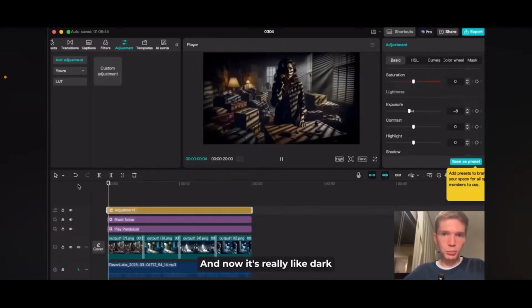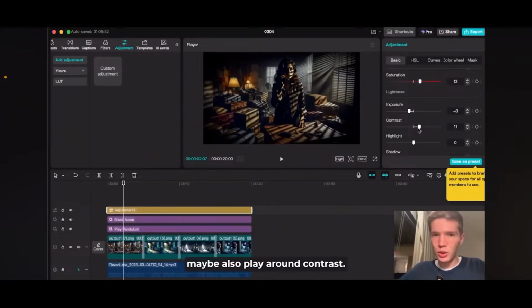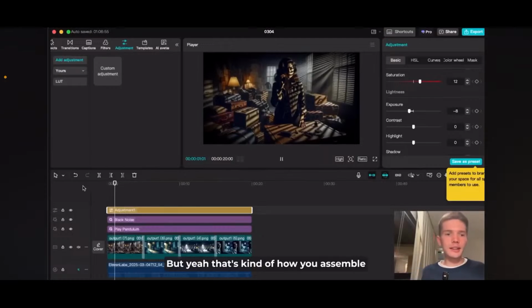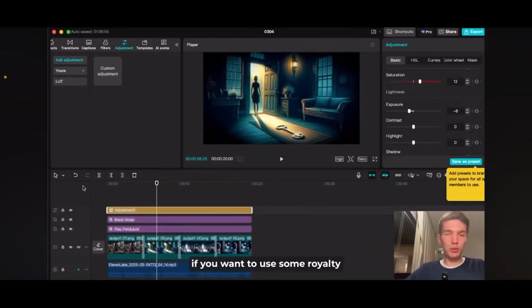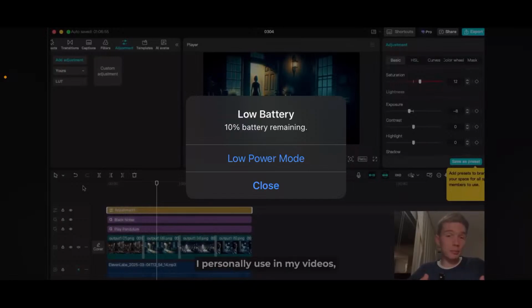And now it's really dark looking, mysterious. Maybe increase saturation just slightly, just to bring up the colors. Maybe also play around with contrast, but that's not that significant. It's not that important. But that's kind of how you assemble these videos. It's basically done. You could add music if you want to use some royalty-free music. That's what I personally use in my